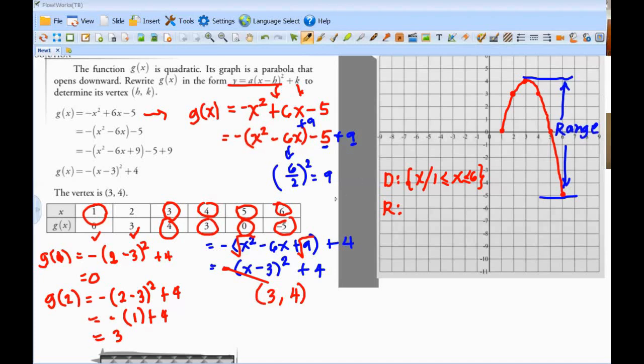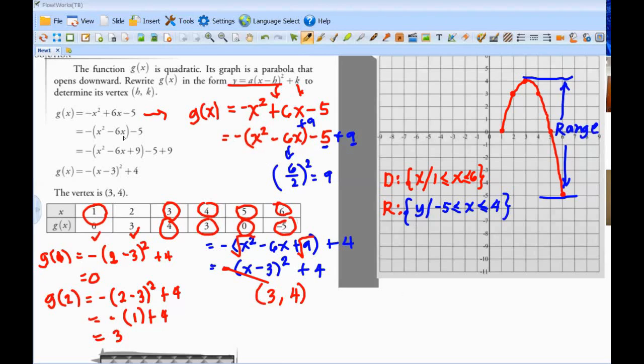That's the range. Y such that, yes, negative 5 less than or equal to, what's the top number? 4. 4, yes, very good. That's how we graph it, okay? So it's easy to graph, but you can actually know